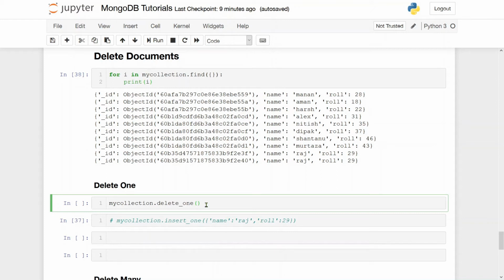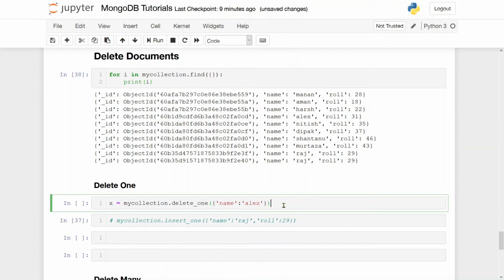So let's say I want to delete the document with the name Alex. What I have to write is the basic query that name is equal to Alex. And like when inserting a document, while deleting you will also receive some parameters regarding how successful the operation was.